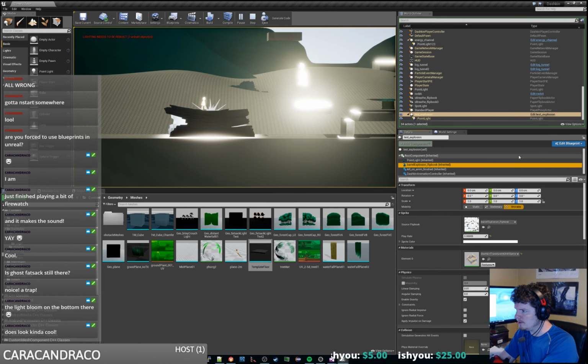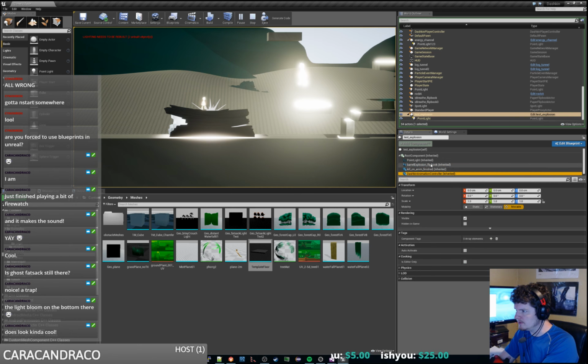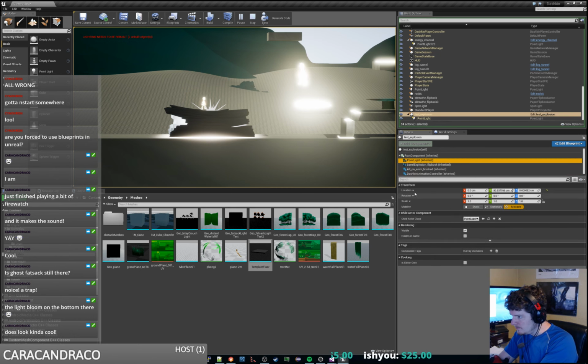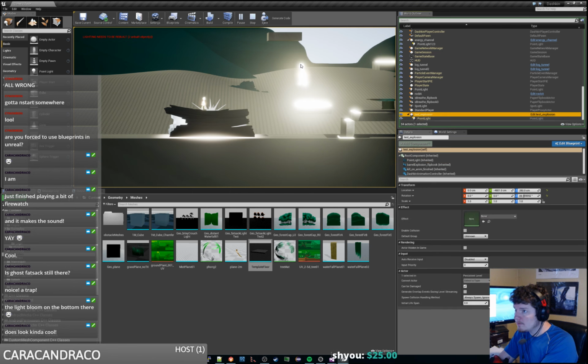Point light's movable, movable. Maybe if I pause I can click on it and view it. Point light with stationary mobility. Well, we want this point light to have